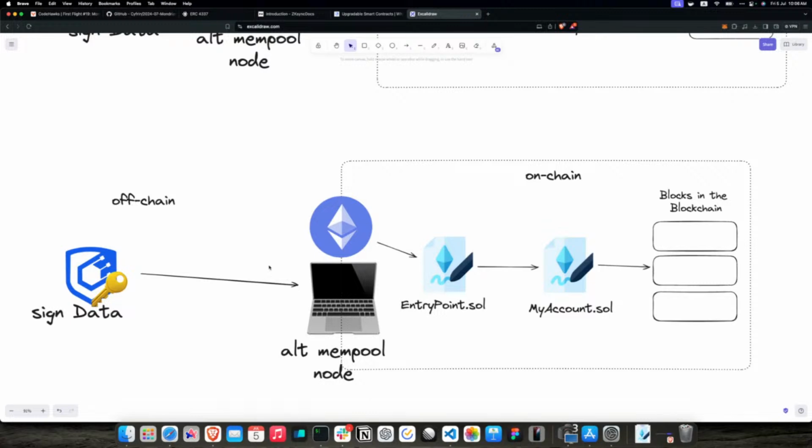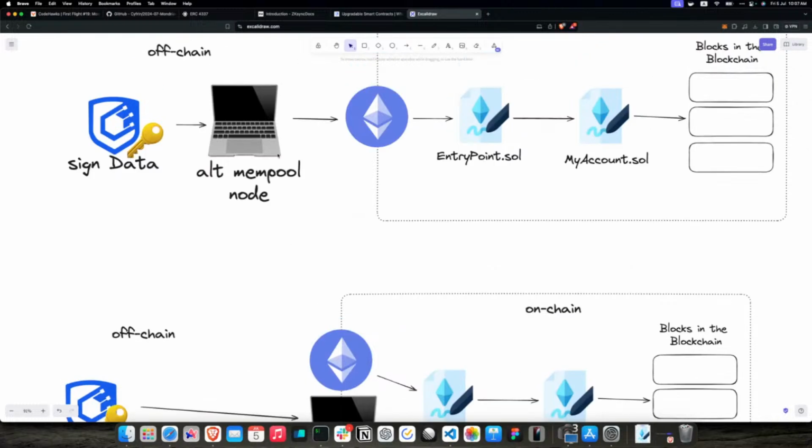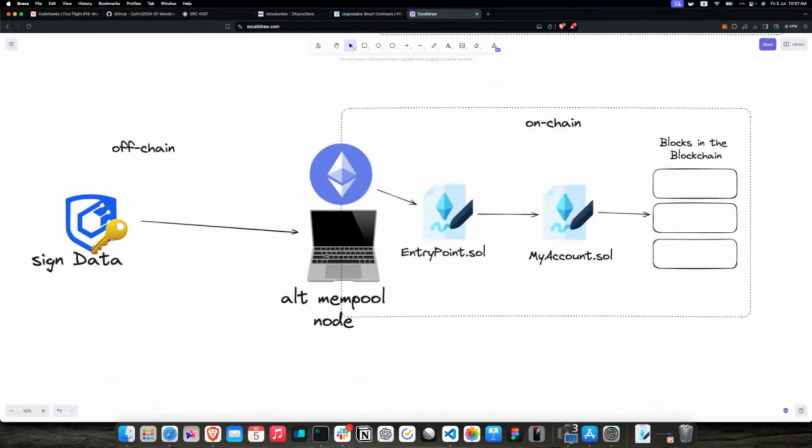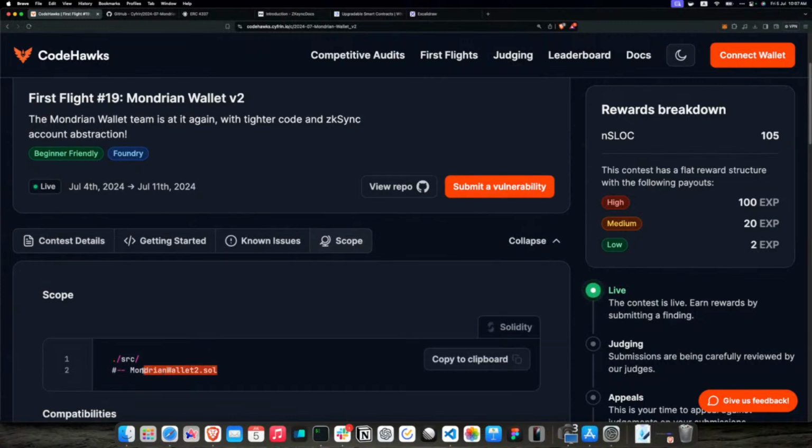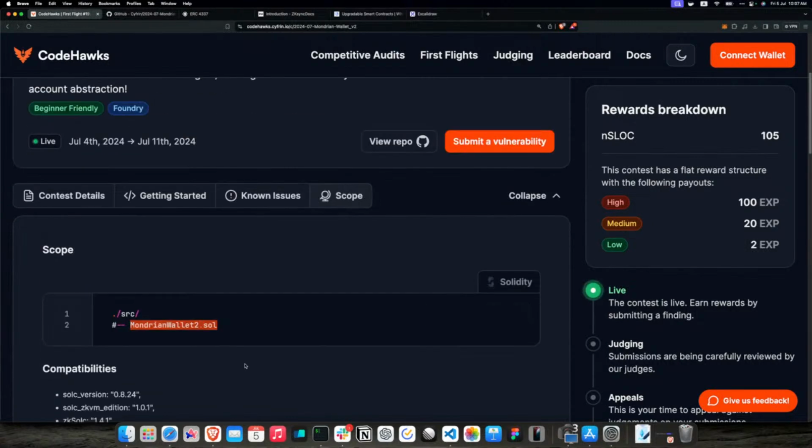As zkSync has account abstraction built in, we don't have to have a lot of configuration beforehand, but instead use what zkSync already provides. That's why you are going to notice that the scope of these smart contracts is actually just one smart contract called Mondrian Wallet 2. And the reason is because this smart contract is importing a lot from the pre-built zkSync stuff. Of course, we put a lot of bugs, security issues, and vulnerabilities on this smart contract for you to be able to understand